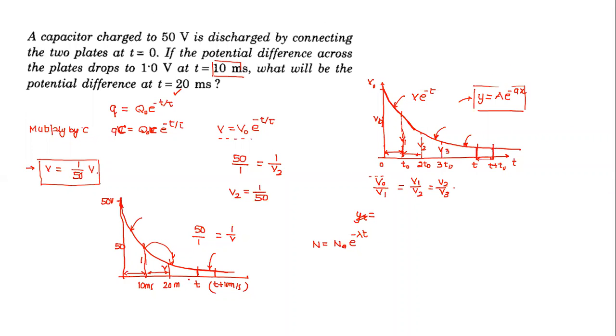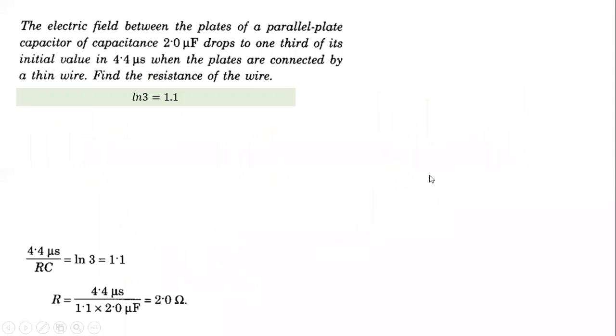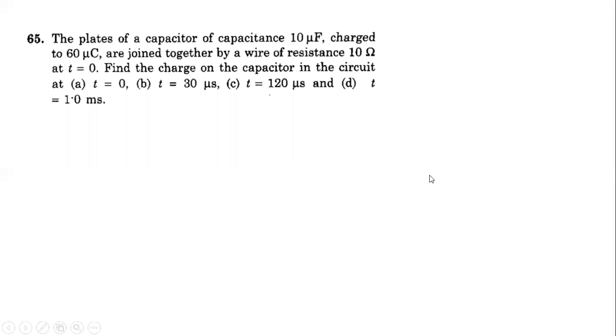Are you following what I'm saying now? And you'll do some questions when we come to radioactivity. We can have some questions which have very good application of this property, and those kinds of questions can very quickly be understood and solved using this property. There also the same thing follows, exponential decay. This is the property of the exponential decay curve, and this is the ratio. All of you can easily figure it out, or otherwise if required, I can give a small proof also. Okay.